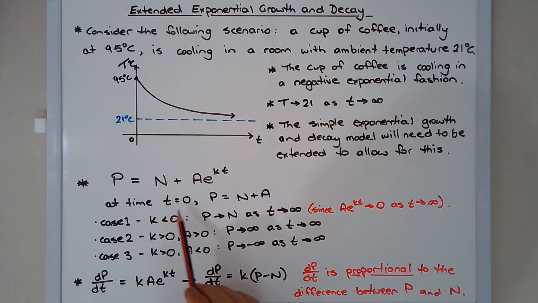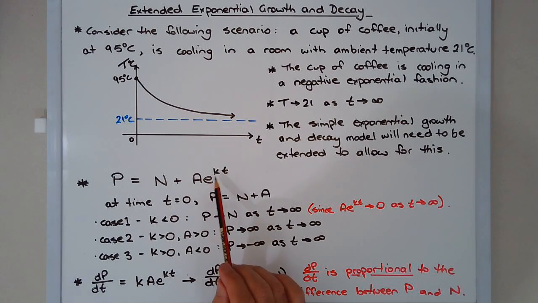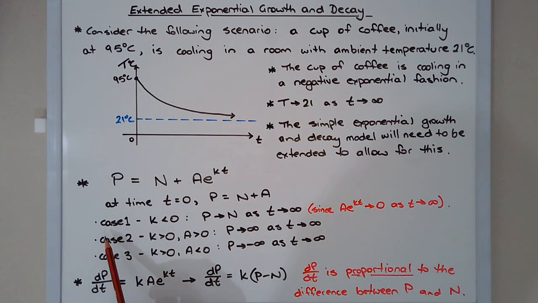Now at time t equals 0, the value of P, or the initial value of P, is equal to n plus A. So it's the combination of n and A, the sum of these two values, that sets the initial conditions or the initial value. Now this gives rise to three cases depending on this value of k and also the value of A. So case 1, k less than 0, so a negative growth constant,